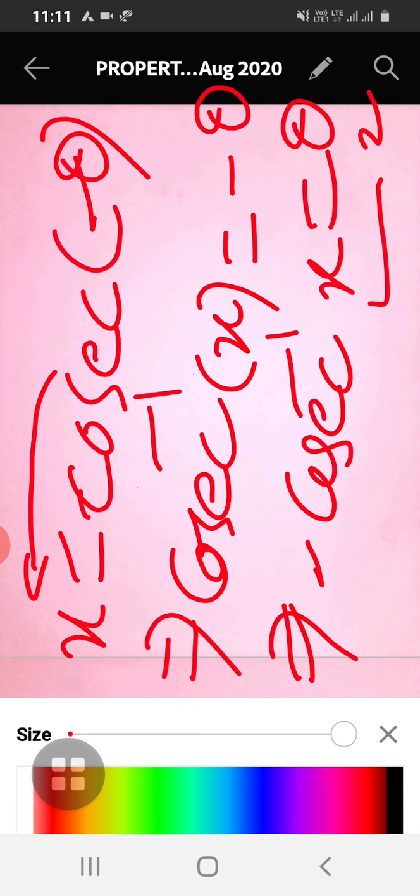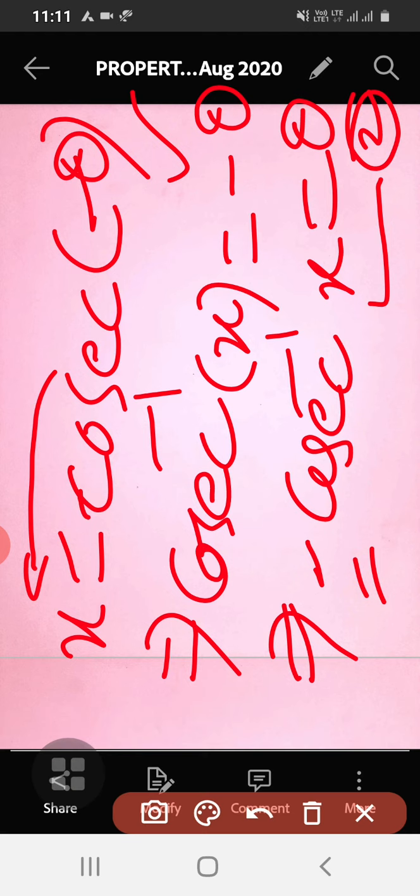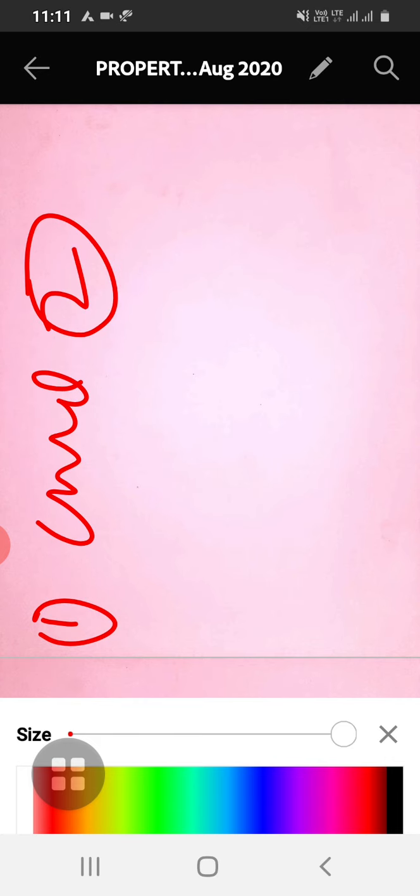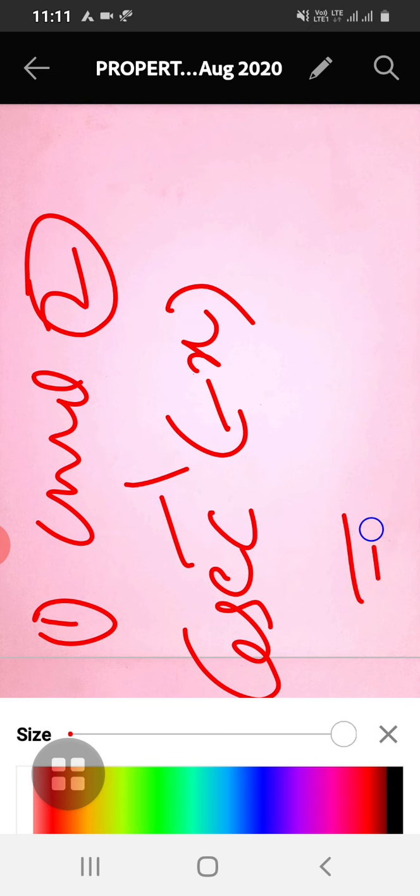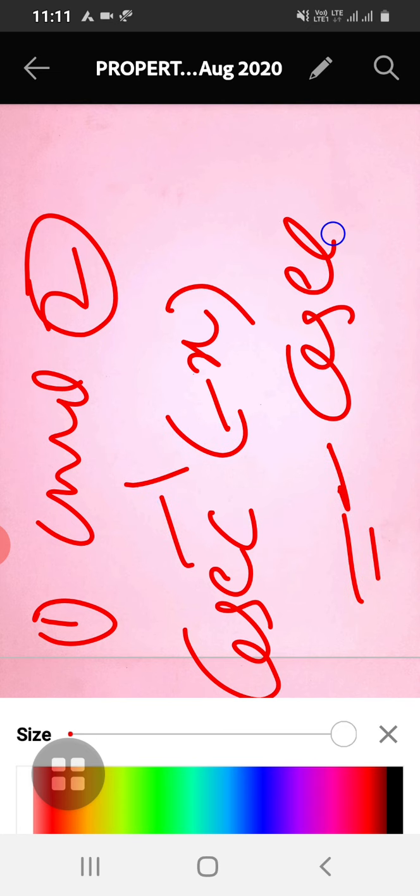So this is equation 2. I hope it is clear. You write this minus sign this side, so minus cosecant inverse x is equal to theta. Now we compare equations 1 and 2, and we get the desired result. From equations 1 and 2, we wanted cosecant inverse of minus x is equal to minus cosecant inverse x. There will be a restriction on x here.